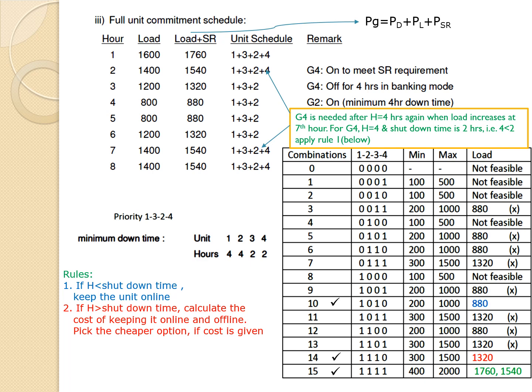Now, for some of the combinations where the cross has been put, although the load demand can be met, we have put a cross because we have to see their downtime also. The shutdown time for the unit is specified in the question. So in combination number 3, the total load demand is 880, but still we have written a cross, because for units 3 and 4 we have to look at the shutdown time, and that indicates that these units won't be able to meet the demand of 880 megawatts. The rule has been written here that